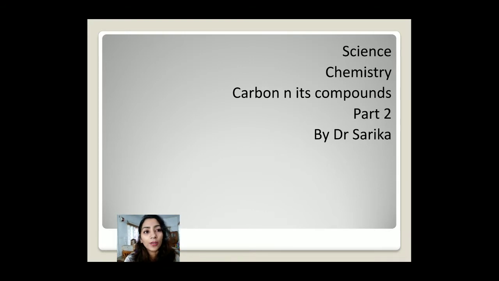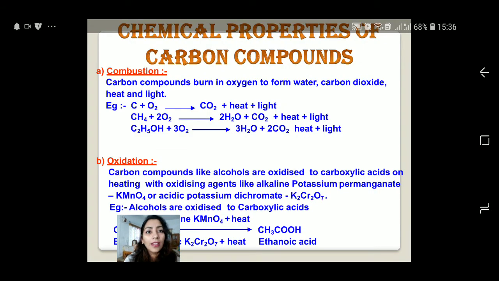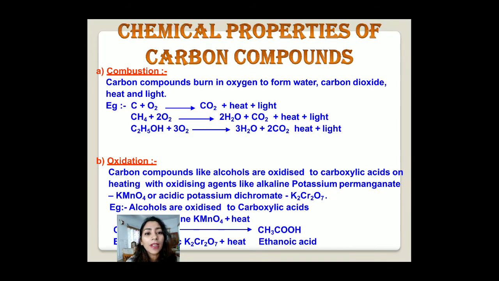We have already gone through in the first part what the carbon compound is, how they make other compounds, and how they have the tendency to make long chains. As we know, carbon is tetravalent. It has valency 4. Because of tetravalency, it has the nature to make long chain compounds. So today we are going to study some chemical properties of carbon and its compounds.